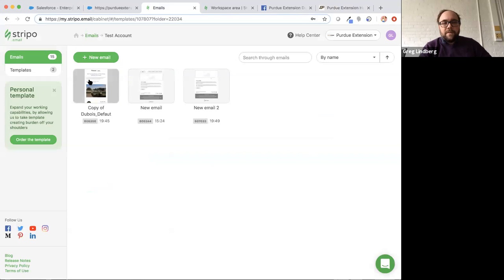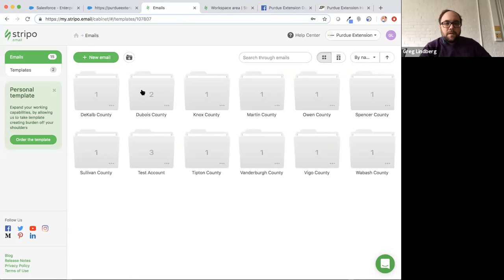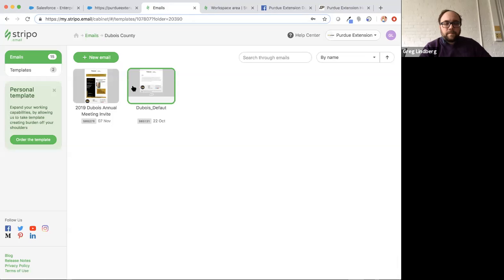I think one benefit is that we all can get in here and get these default templates in the same place is one benefit to using Strippo, but I don't know what Canva can or cannot do compared to Strippo. But if they could talk together, let's go into